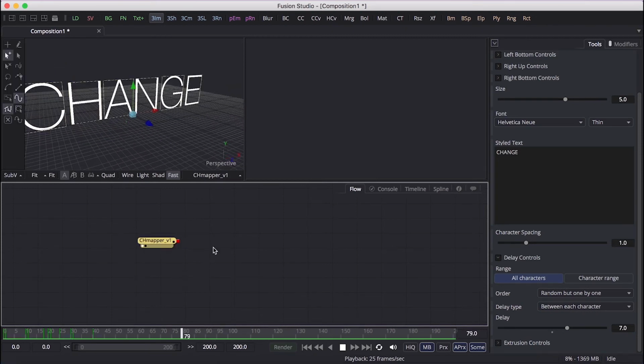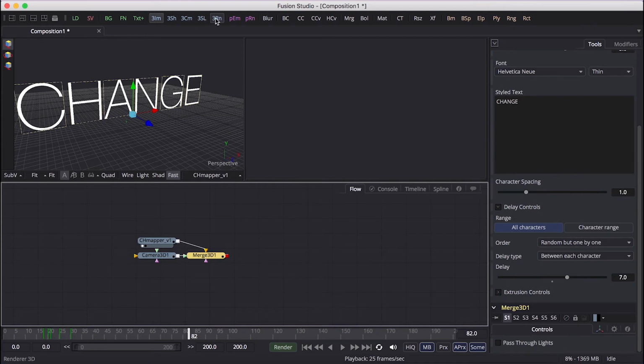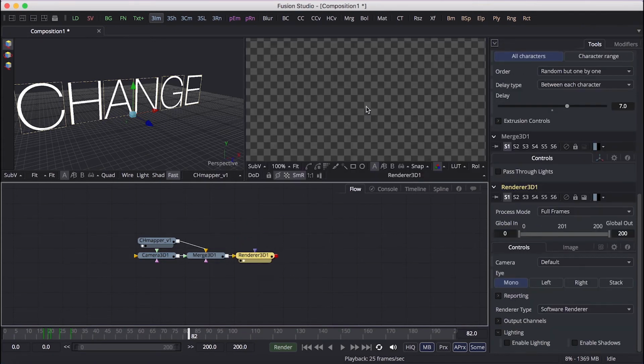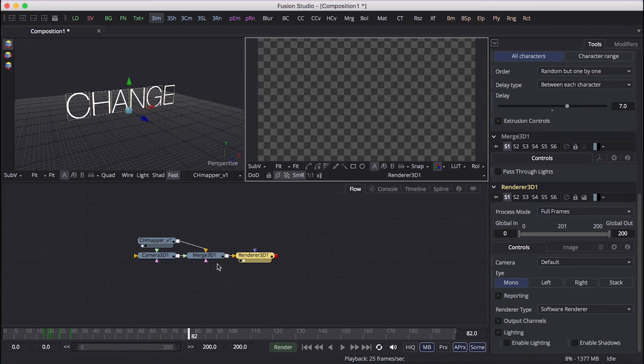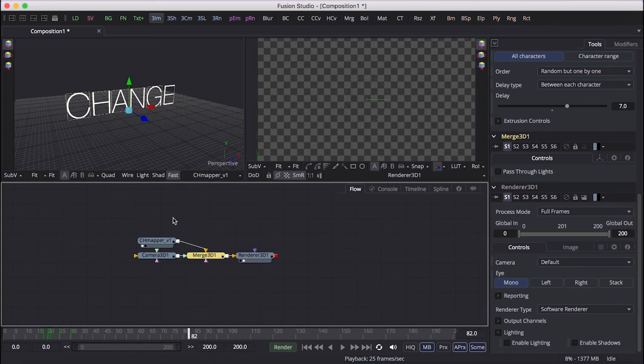Whether you'd like to use it in 3D or as a flat 2D render, you will need the following. You will need a camera and a 3D renderer. The 3D merge connects all the 3D elements in the 3D space.